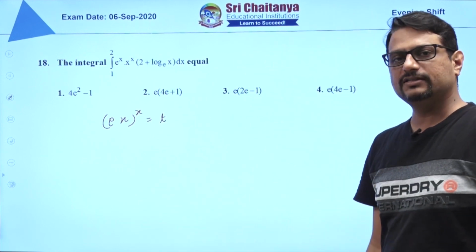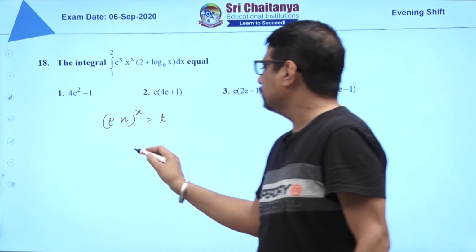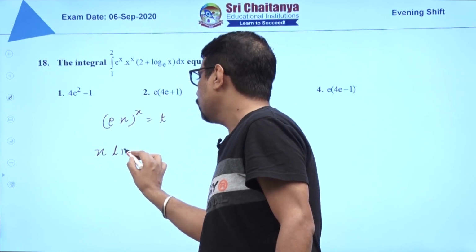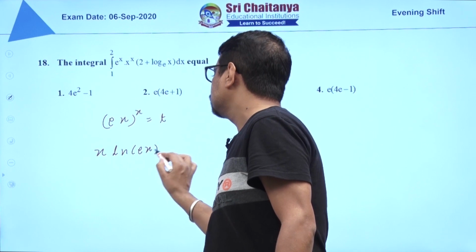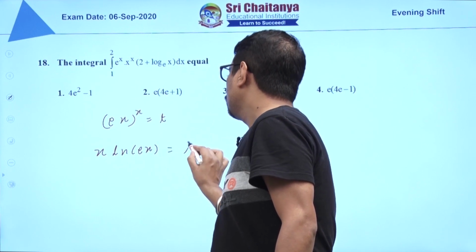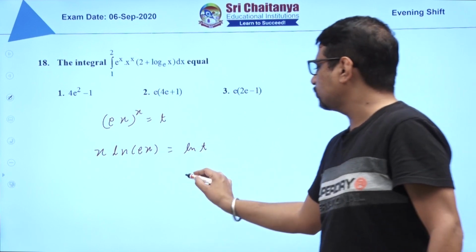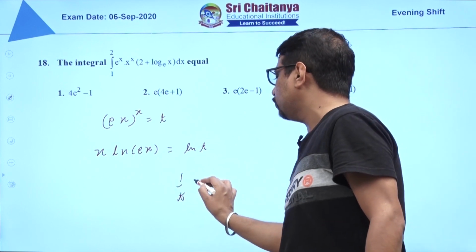e^x raised to power x as t here. When you differentiate, for differentiating first let us take log. So you will get x log of e^x is equal to log t. So derivative of this is what? This derivative of this will be 1 by t into dt